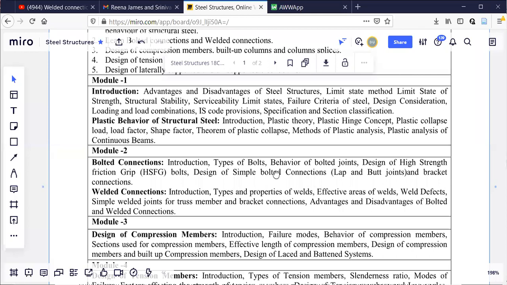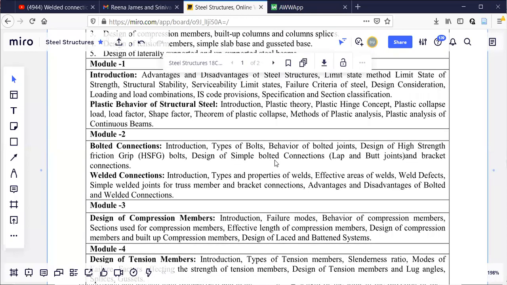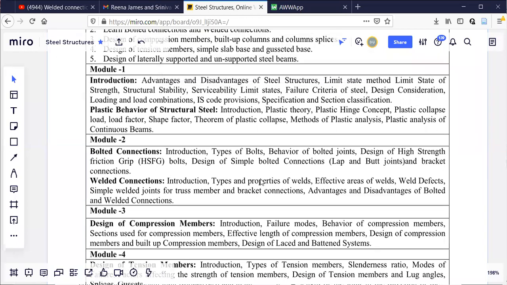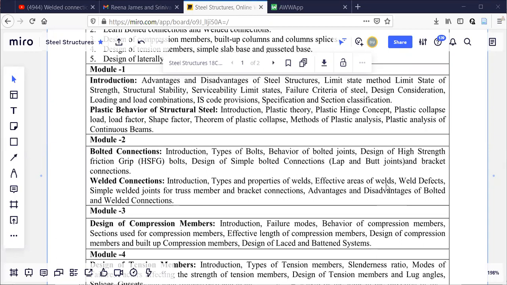Now coming to the second module. I'll tell you what you should do. Once the notes are given to you, you should check the PDF whether it is as per the module or not. It should be as per the module.